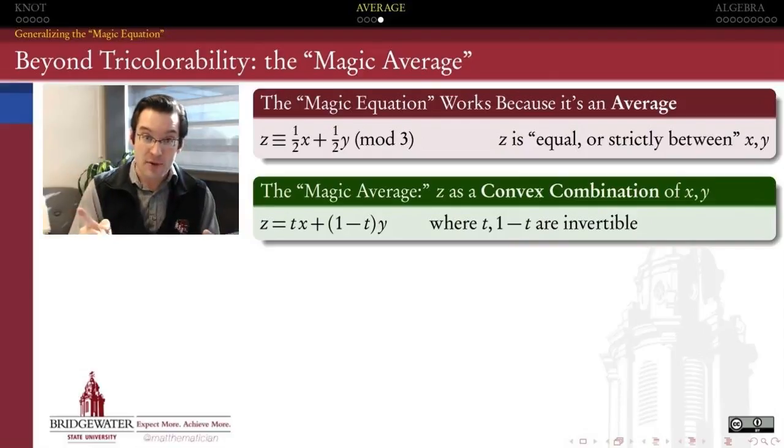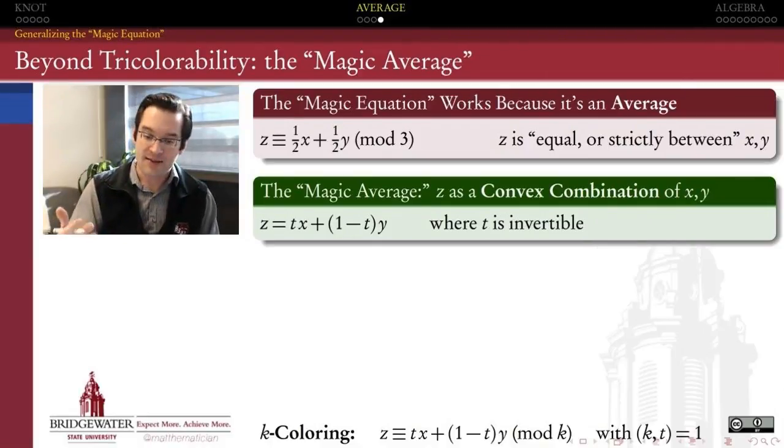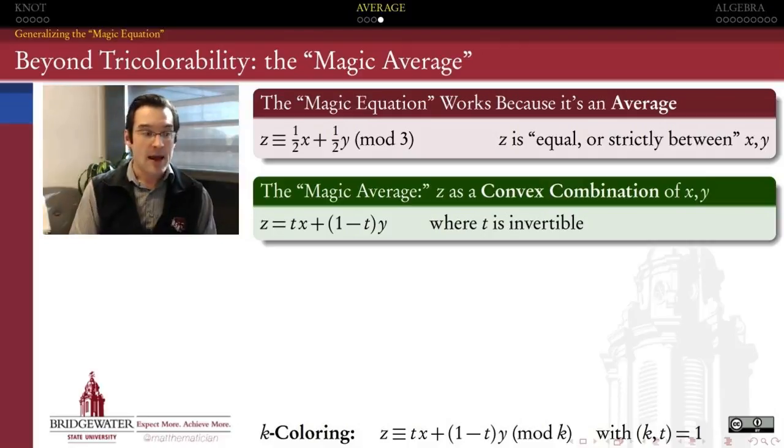When t was strictly between 0 and 1 a second ago, that was a given. But to extract that out, we'll think of t and 1 minus t as being invertible. We'll relax that one more step and say it'll be enough, it turns out, that t be invertible, because as soon as t is invertible, so is 1 minus t. And what that does for us is that it also gives us a new magic equation that I now call a